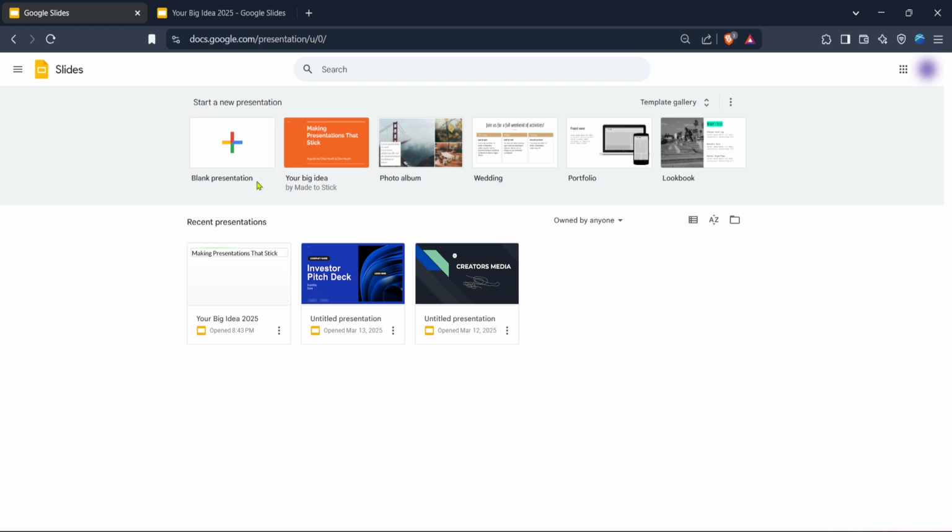Once you're on the Google Slides homepage, you'll have the option to start with a blank presentation or to choose from a variety of templates. If you want a completely fresh canvas, simply click on blank presentation. Alternatively, if you're looking for something with a bit more structure or style, you can select a template that suits